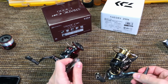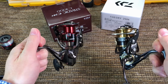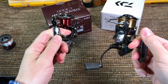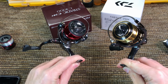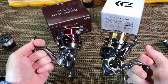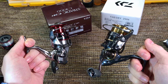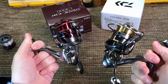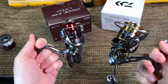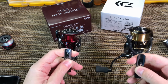Now, before I say my final thoughts on these two reels, I want to make a preemptive strike and tell you that regardless of which of these two reels you buy, it is extremely unlikely that you will be dissatisfied. So when I talk about advantages and disadvantages, this is really nitpicking. These are both amazing reels. So whichever you get, you will be happy with it. So with that said,